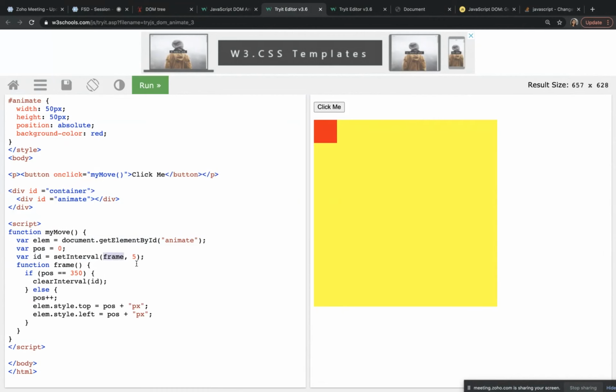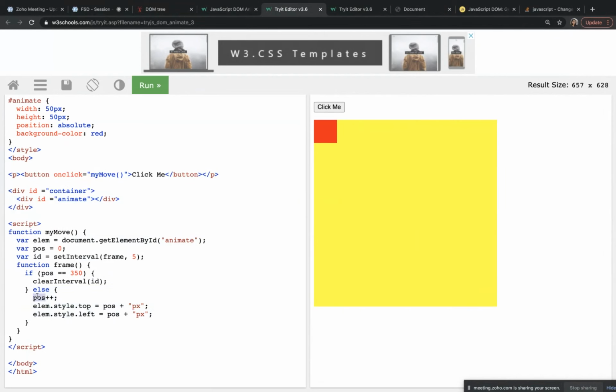So in that function, what are they doing? They are just checking if the position is equal to 350. First it will go to the else part, because the position is 0, not equal to 350. It will go to the else part, and then position plus plus.